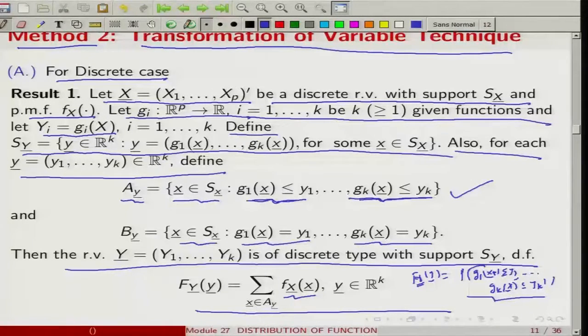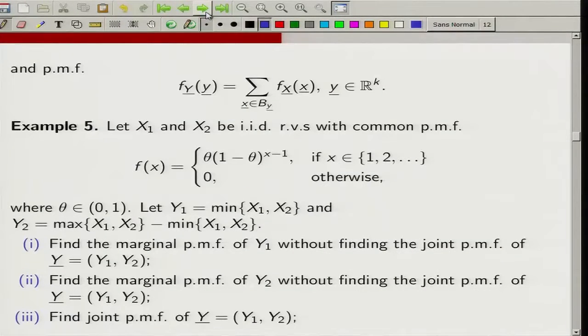Similarly, to get the probability mass function fY(y), which is the probability that g1(X) = y1, ..., gk(X) = yk, this is again a probability concerning the random vector X. So, I will have to sum the probability mass function of X over this range, and this range is nothing but By. That is what the next assertion says: the probability mass function would be fY(y), which is the summation over x belonging to By of fX(x), y belonging to Rk. So, one can find the distribution function and probability mass function just by summing the probability mass function of X